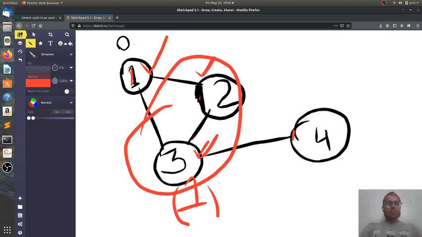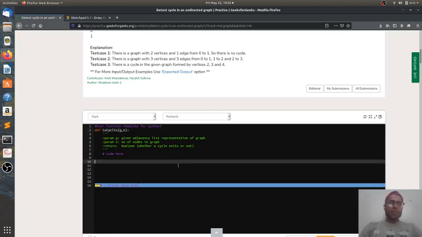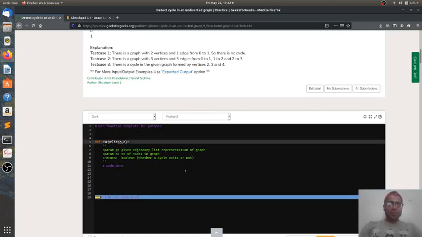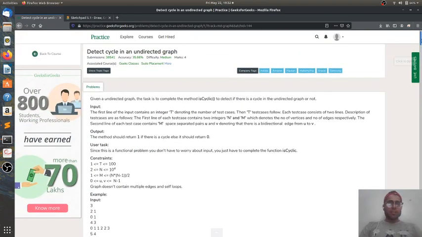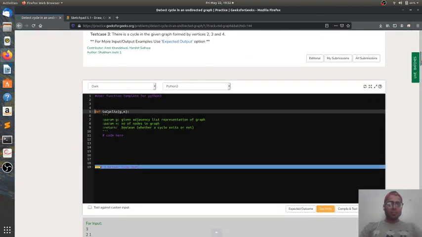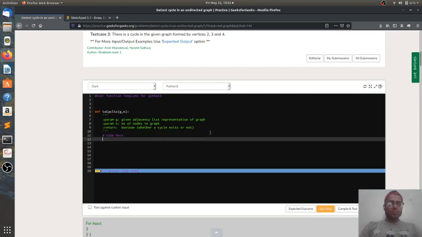So using this approach, we'll be coding it now. Just look at the code. So right, this is our function. This is a question basically on Geeks for Geeks: detect cycle in an undirected graph. Here I am basically using the adjacency list representation of the graph as given in the question. So let's make a visited array. I basically make a dictionary because it's much more convenient, and all its values should by default be false, right?